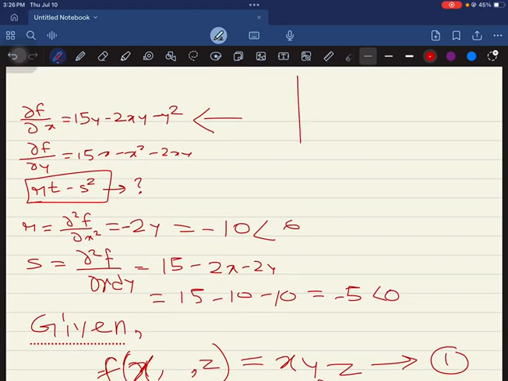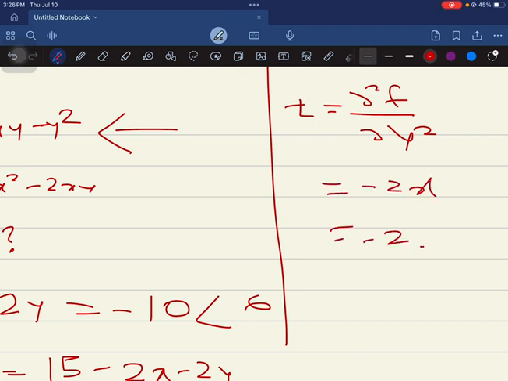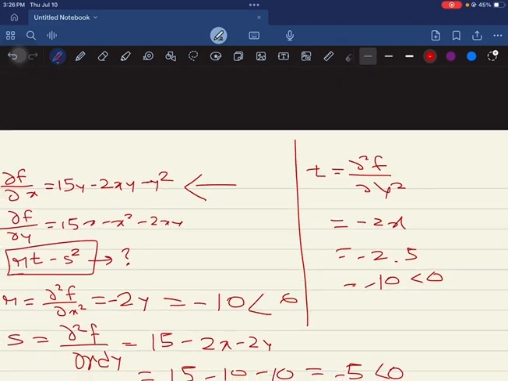So we will find now t. T is equal to double differentiation with respect to y. So we will get minus 2x is equal to minus 2. We'll put the value of x is equal to 5. So we will get minus 10, which is less than 0. So therefore